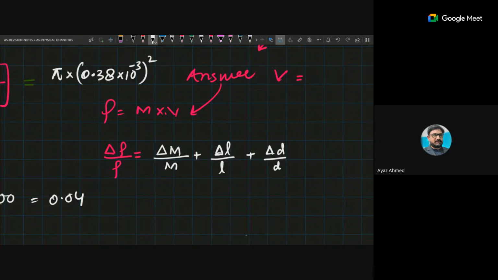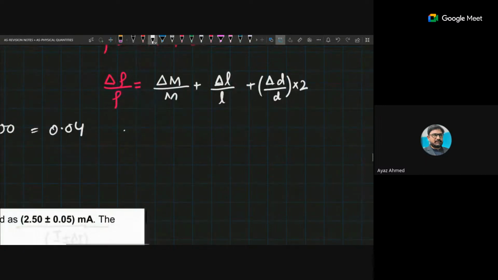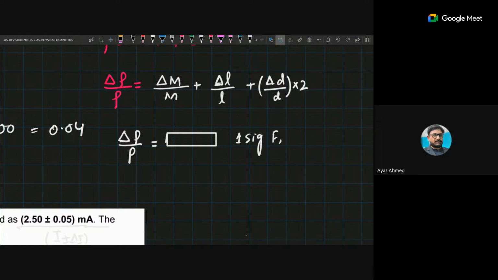But only diameter has power 2, so it would be multiplied by 2. The rest would be written simply. So finally, you will write delta D divided by D, that is density uncertainty divided by density, equals a number you get after putting in all the values, and that number will be written to one significant figure. That is the fractional uncertainty, and if you want to multiply